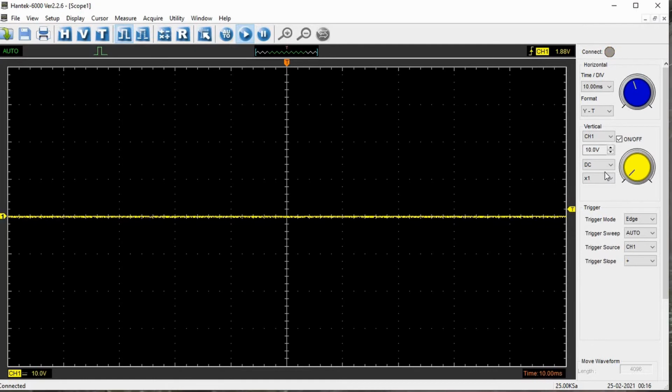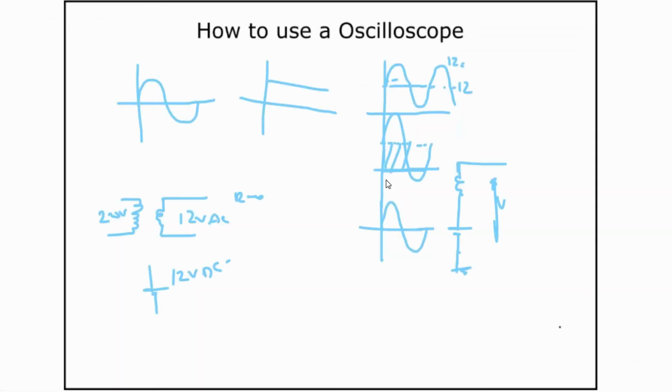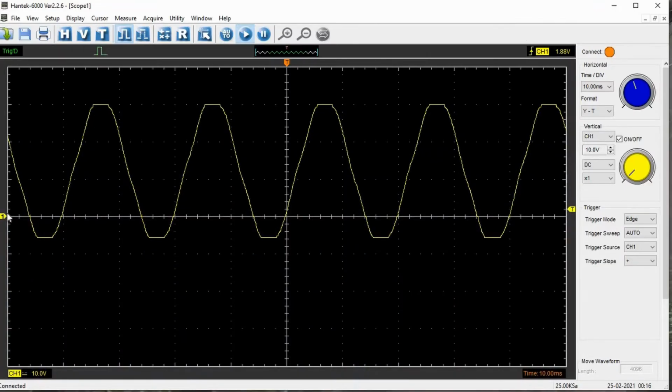So you can see that this is the sine wave and it is shifted above the ground line. This is exactly what we had drawn here. Since there is a 12 volts DC shift, if you see here, the voltage per division is 12. The AC has shifted by around 12 volts.